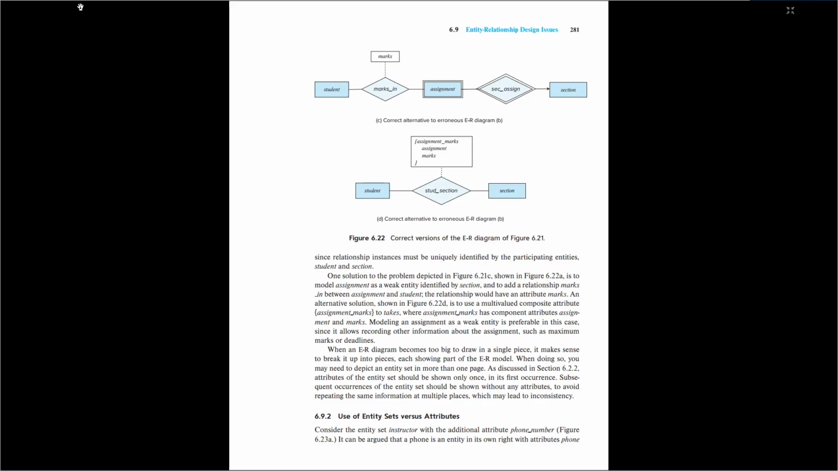6.9.2 Use of entity sets versus attributes. Consider the entity set instructor with the additional attribute phone_number, figure 6.23a. It can be argued that a phone is an entity in its own right with attributes phone_number